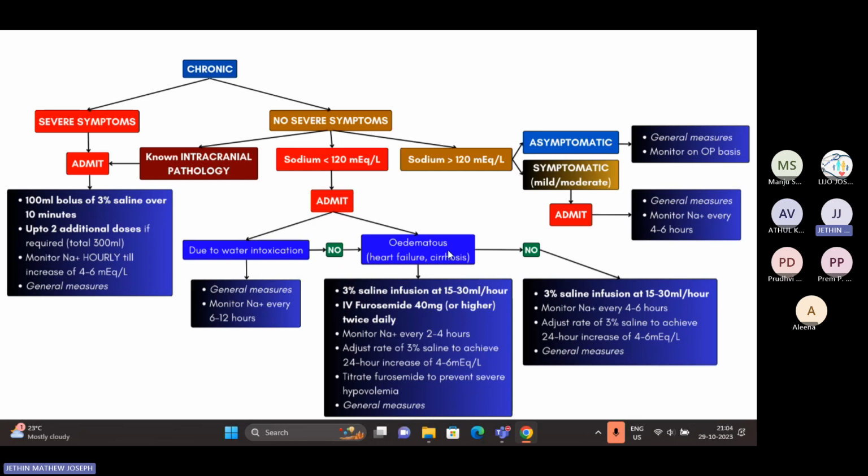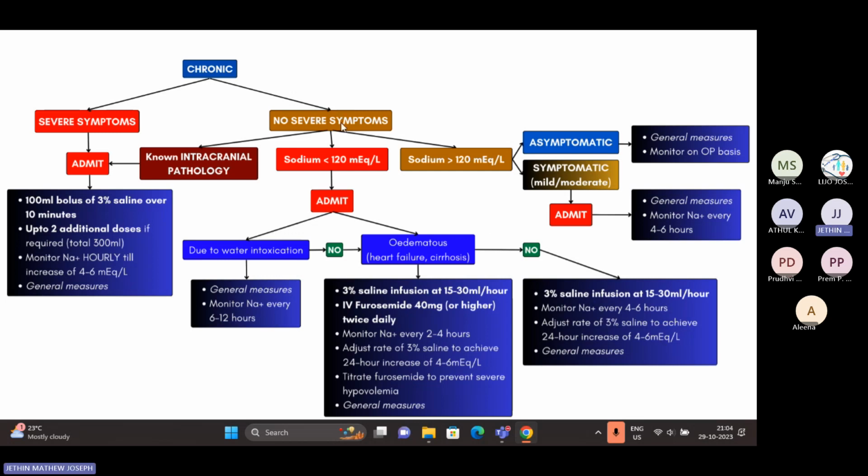If the patient is edematous, in heart failure, or has cirrhosis, you can start 3% saline infusion at 15 to 30 ml per hour, along with IV furosemide 40 BD. Both the rate of saline and the dose of furosemide can be titrated to achieve an increase of 4 to 6 per 24 hours. And if the patient is not edematous, you can just start 3% saline infusion at the rate of 15 to 30 ml per hour and monitor sodium every 4 to 6 hours and adjust the rate of 3% saline to achieve a 24-hour increase of 4 to 6